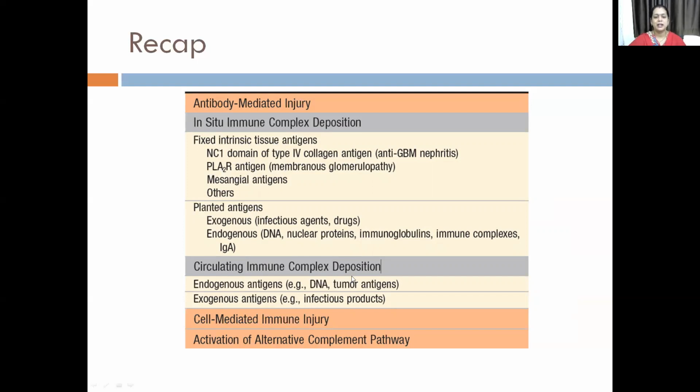So here we have circulating immune complex deposition by the endogenous antigens and exogenous antigens. The other type is cell-mediated injury, and the other one is the activation of the alternate complement pathway. Here we spoke about the most important in situ immune complex deposition experimental model, known as Heymann